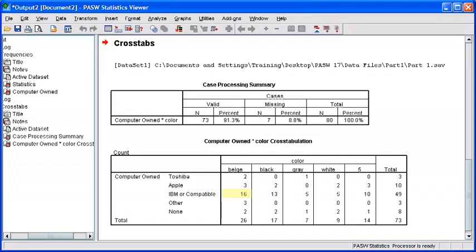The largest number is 16, which falls in the beige column and the IBM or compatible row. So to reference back, what color do people prefer for their computer? We can conclude from our findings that most people prefer beige IBM